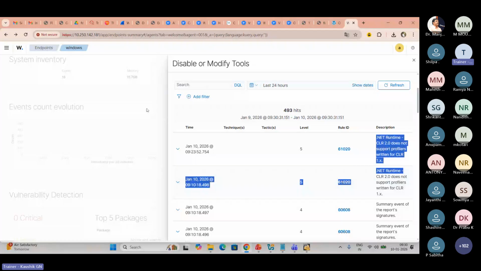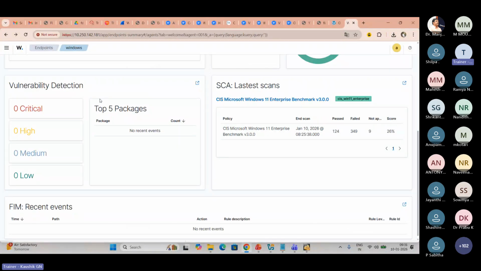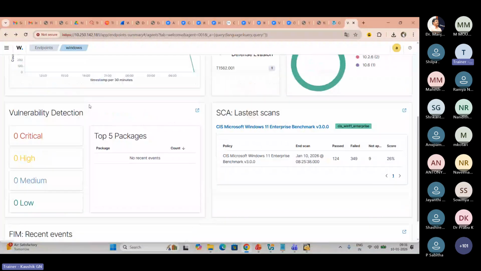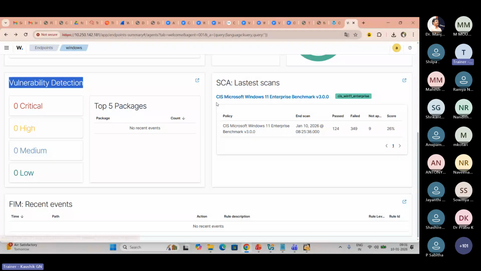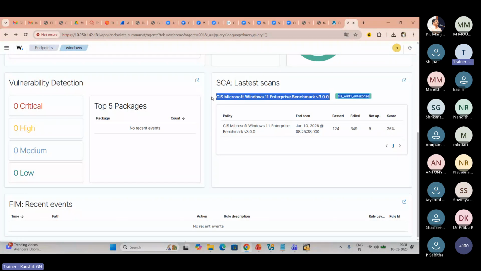Yes, here as per the statistics, there is no type of vulnerability found in my system, because my system is up to date and I have installed a malware detection system. In the settings, I have the perimeter firewall on. Everything is on, and because of that there is no vulnerability in the system. It is showing that my laptop is as per the CIS Windows 11 Enterprise benchmark.